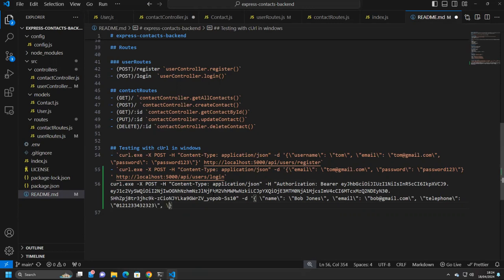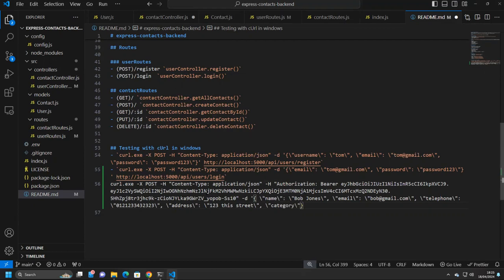Let's do backslash quotes, address, backslash quotes, colon, backslash quotes, some address, 123 this street, backslash quotes, comma, backslash quotes, category,